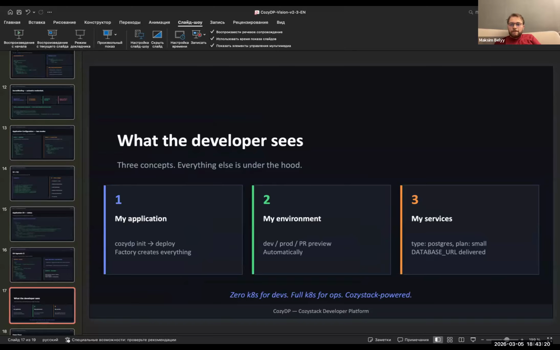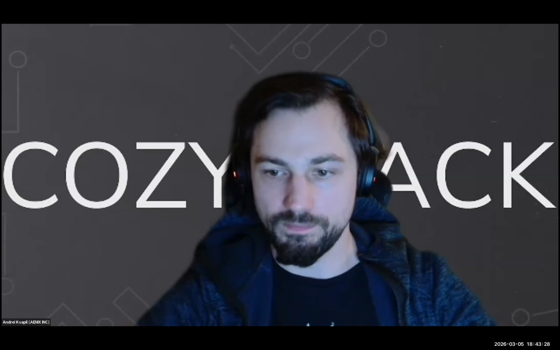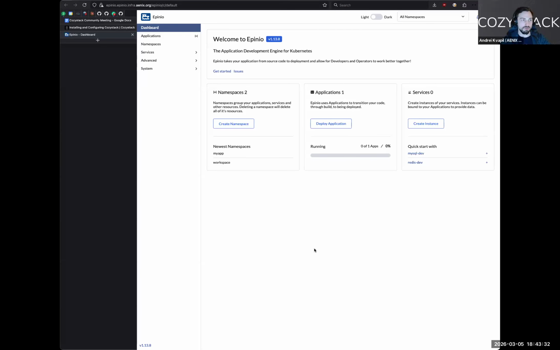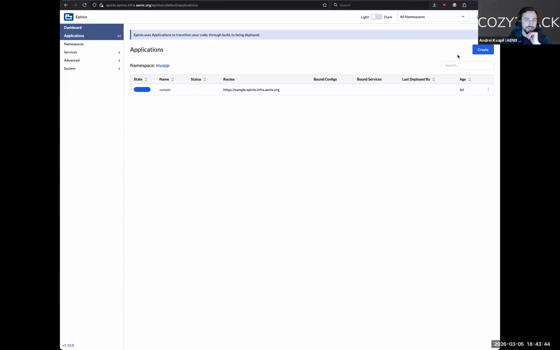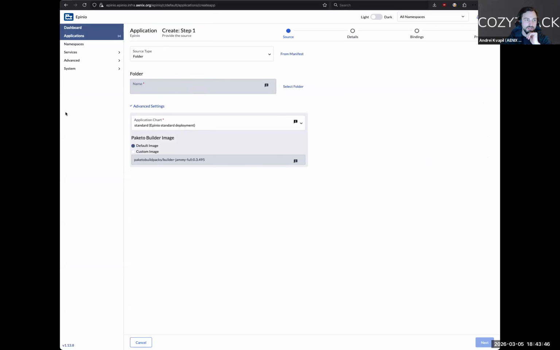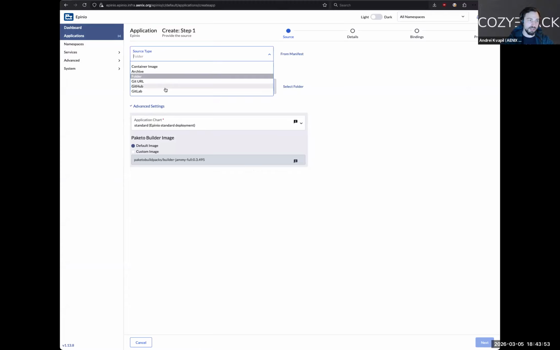Yeah, if you can stop sharing, I can share even some screenshots from it, or even the dashboard. The application is called Epinio, and it actually allows you to do something which provides some sort of IDP as well. Epinio is a community-driven project. It allows you to define new applications. It has UI and CLI already enabled. So you can deploy an application from various providers.